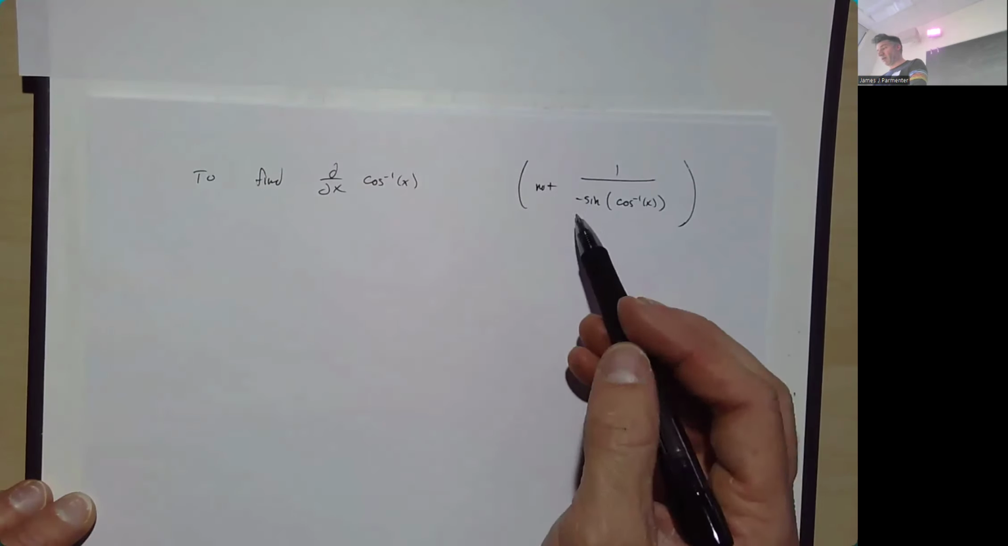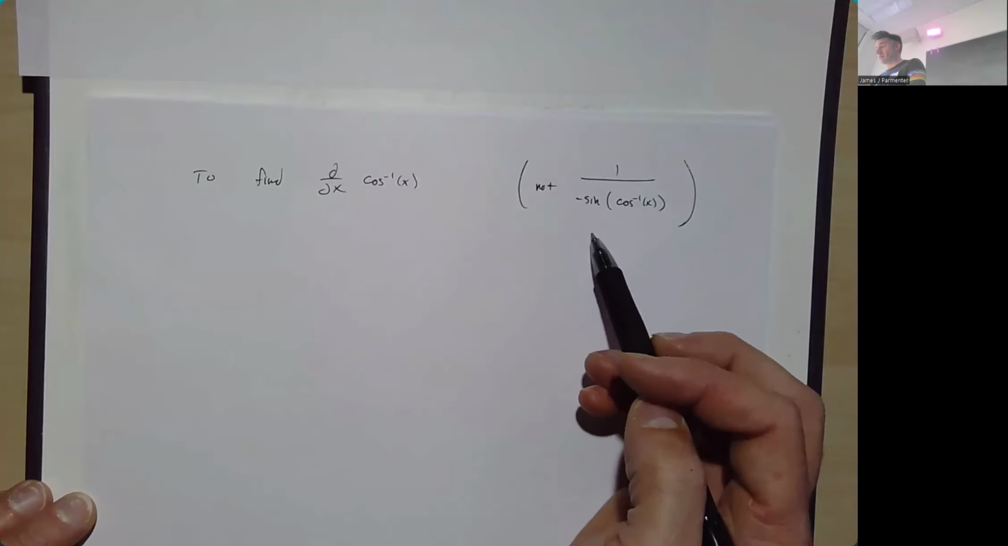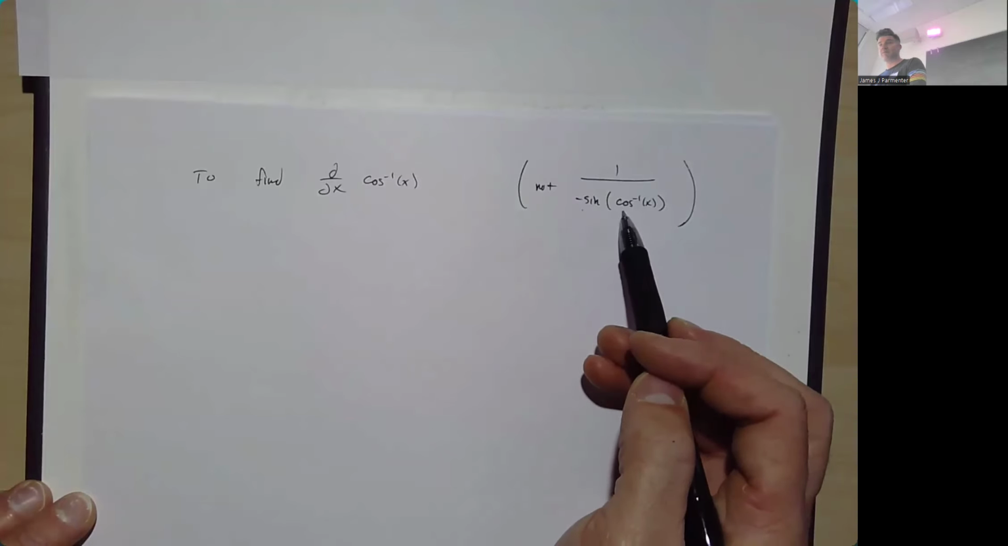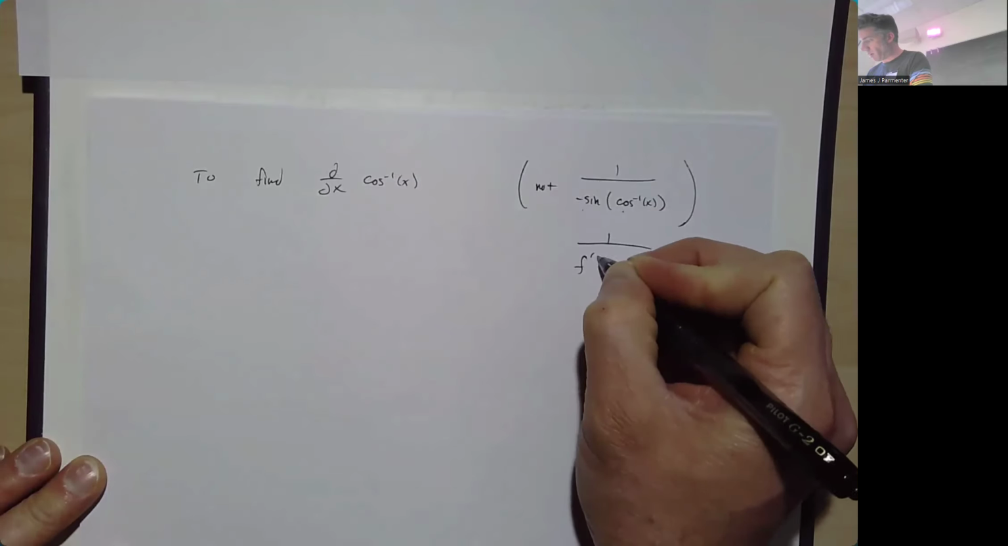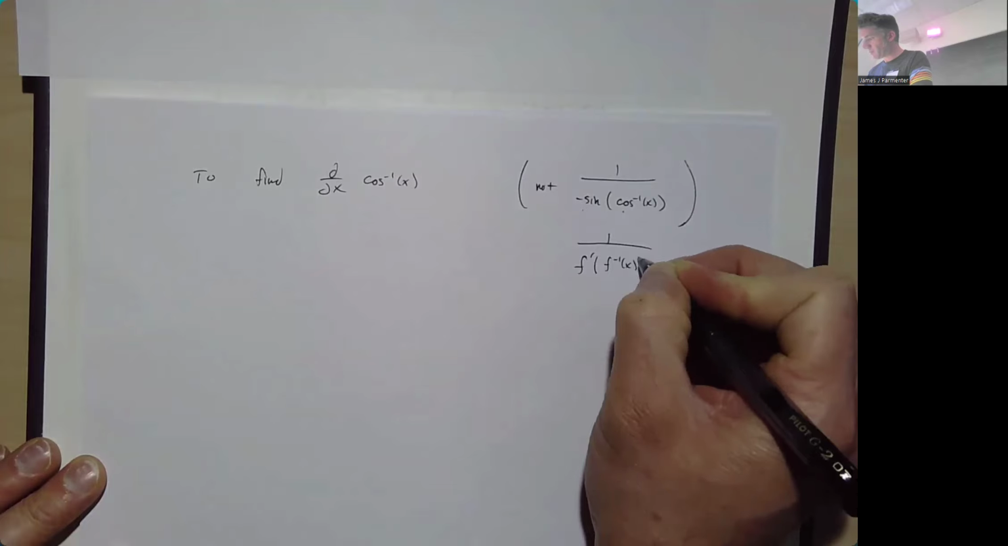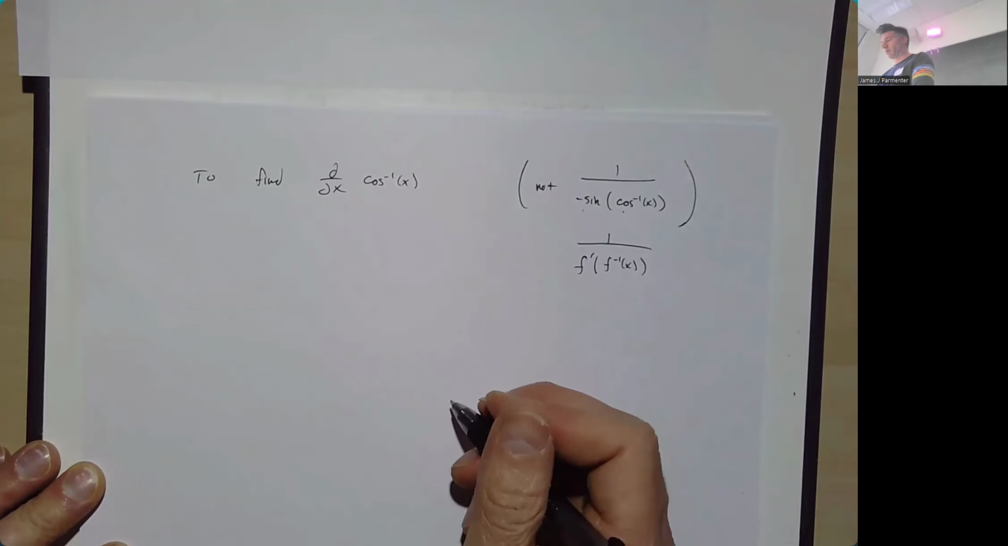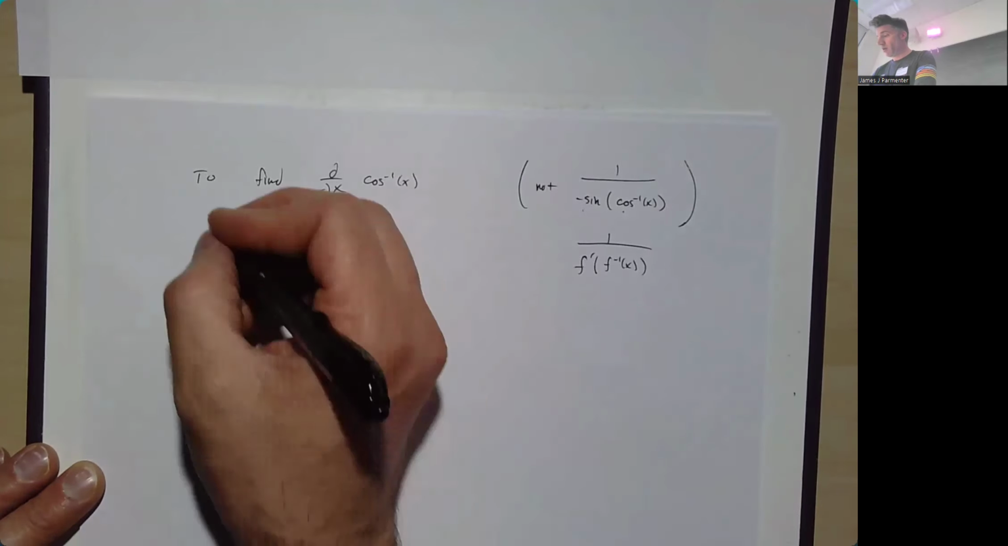How am I getting that? By the way, I'm saying, oh, the derivative of cosine is negative sine, and it's negative sine of f inverse. This is your 1 over f prime of f inverse. We'll do the usual thing, or what I think of as the usual thing, where we're going to say